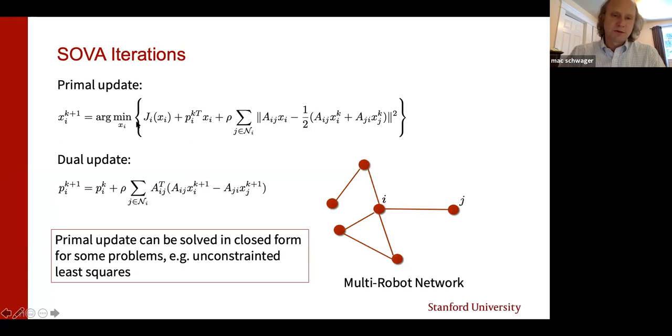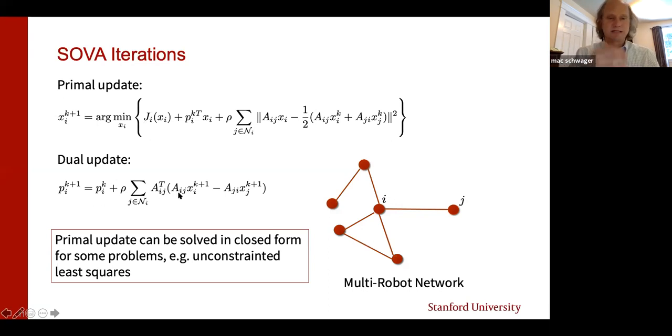Okay, so what's interesting here is that everything other than the original component of the objective function is quadratic, right? This is linear and this is quadratic, so altogether this is quadratic. So that means that if your original objective function is itself quadratic, if you're dealing with, for example, a least squares problem, you can solve this in closed form through a matrix inverse. So these primal updates can be potentially very fast.